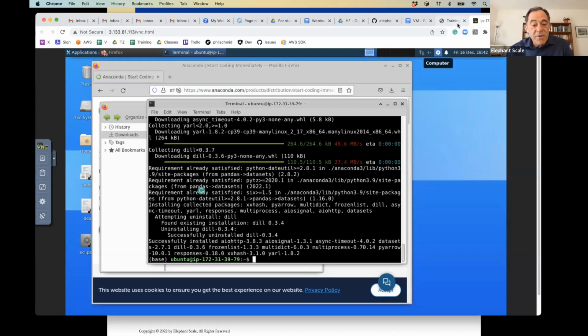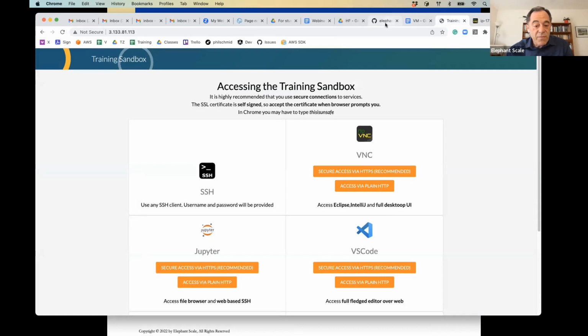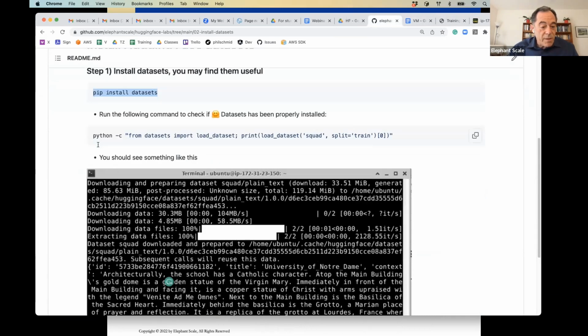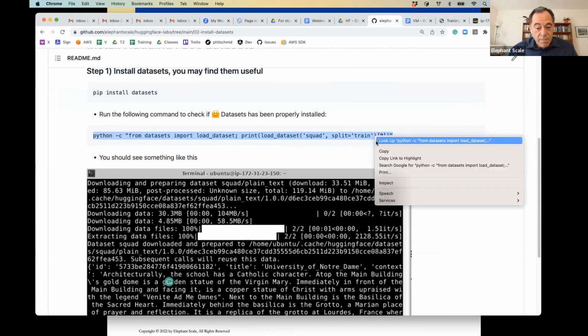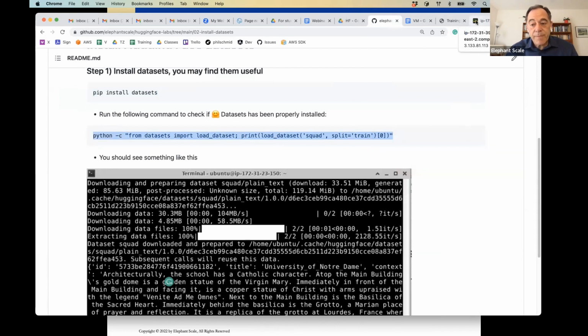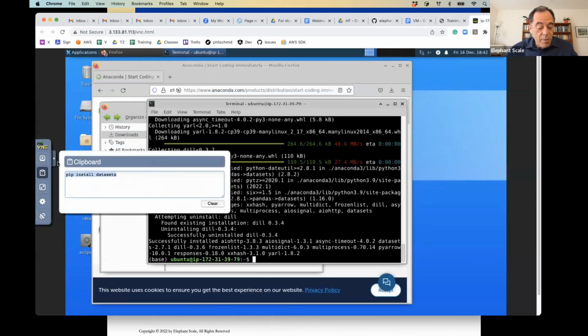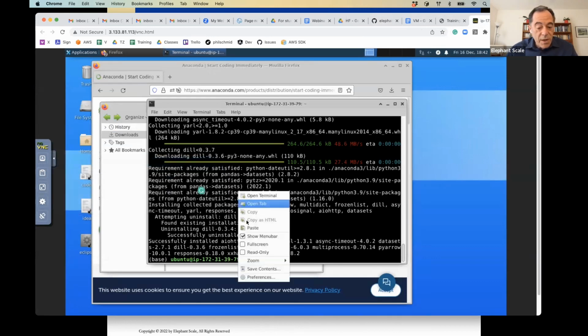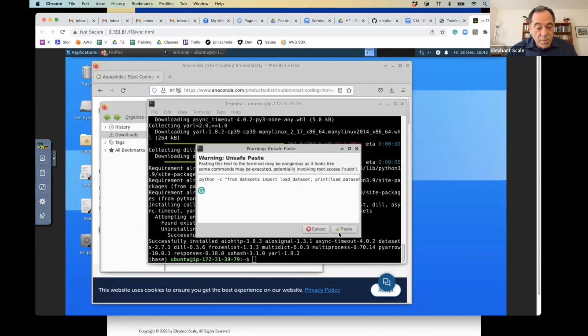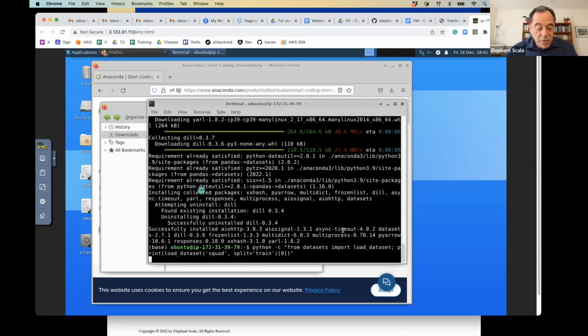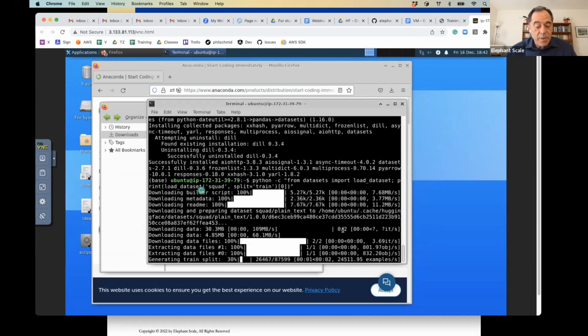And the last step is verify. Look at how nice it is and verify that it is. It's this command. What I'm doing is checking that there are certain datasets. Well, just run this command. Again, use the clipboard. Okay, and now I don't need to copy paste again. It's already there. So I paste. It warns me that I'm pasting multiple lines. That's okay. And there you are. Installed. That is lab number 2.